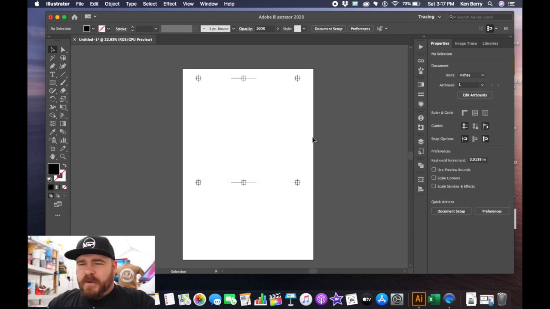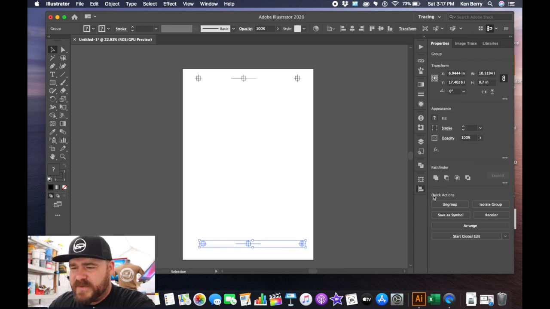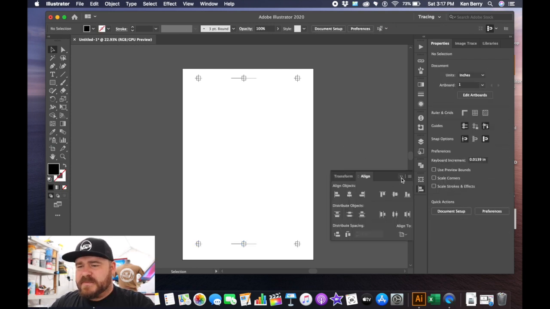This is what we use to make our registration marks. We have it saved as registration, and we actually have it saved just like that. So every time we are going to do our color steps or whatever, we just drop our design right into the artboard, and we go. And if we have to adjust the bottom so it's not all the way at the very bottom of the artboard, we will do so. And that's how we make our registration marks